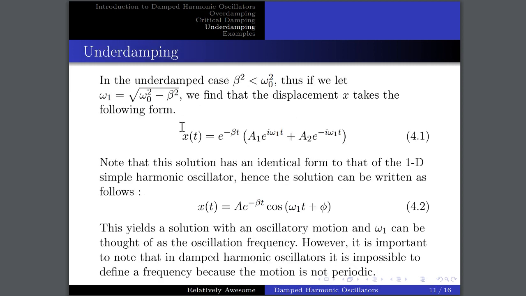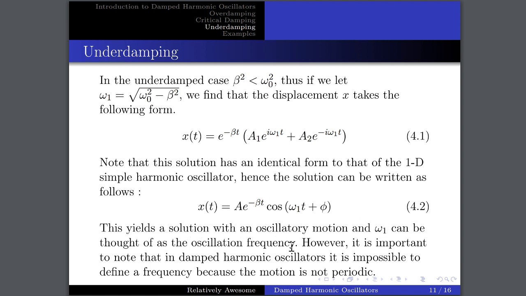And finally, we'll be looking at the most interesting case, which is the underdamped case. In the underdamped case, beta squared is less than omega naught squared. Thus, if we let omega 1 be equal to the square root of omega naught squared minus beta squared, we find that the displacement x takes the following form. Note that this solution is identical to that of the one-dimensional simple harmonic oscillator, and hence the solution can be written as follows. This yields a solution that has an oscillatory motion, and omega 1 can be thought of as